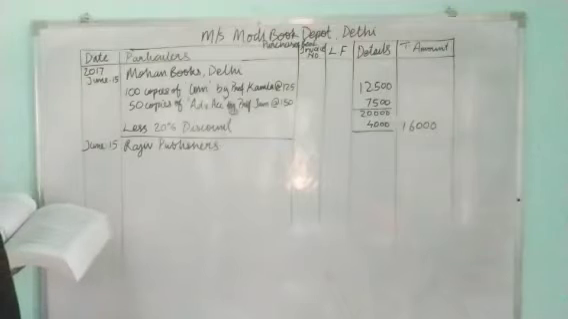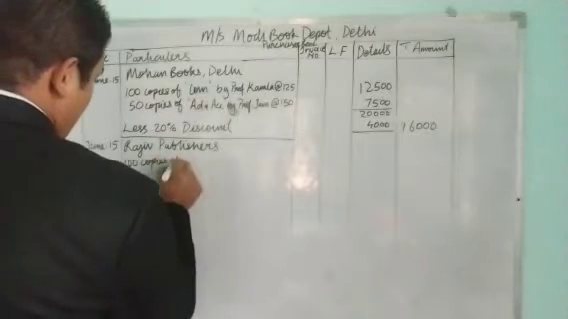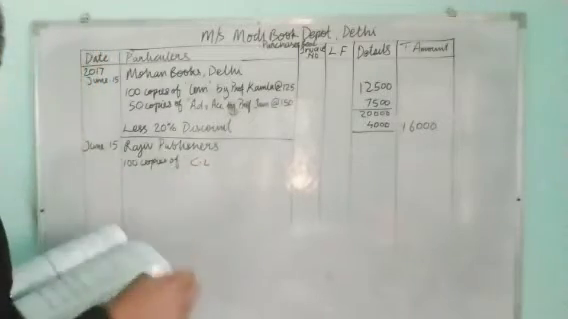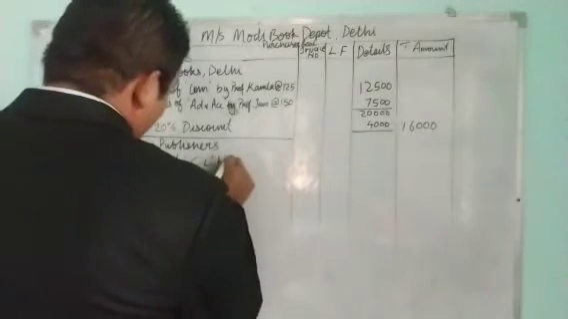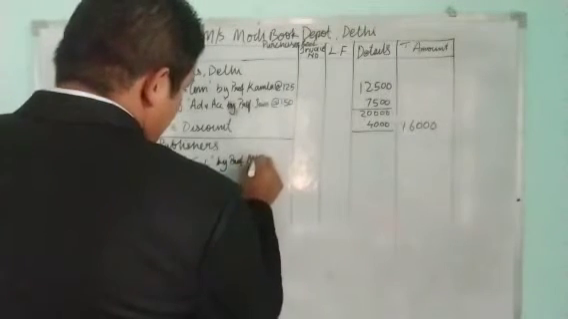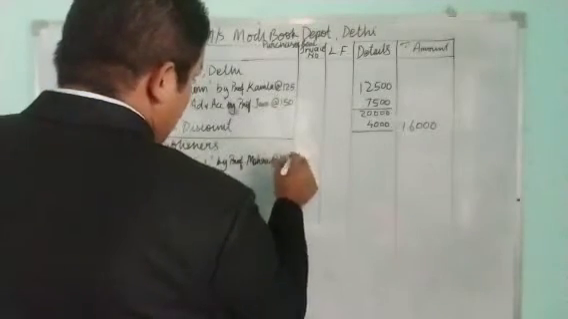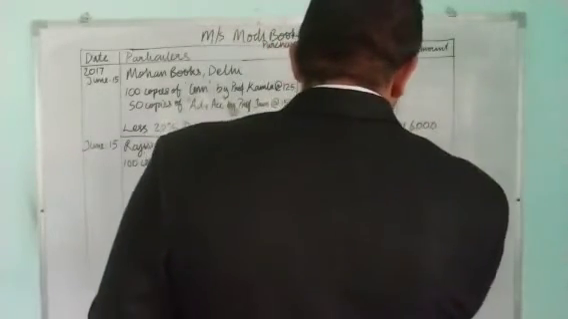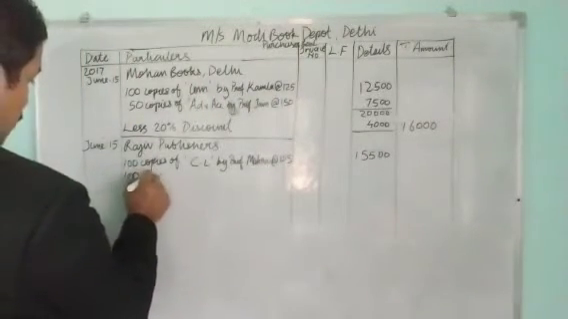Okay, the Raju Publishers, and what is purchased is clearly 100 copies of commercial law. So you have to write everything in detail. I am just writing only CL by Professor Mehra at rupees 155. Okay, so the total amount is 15,500 rupees, and another transaction is there, 100 copies of